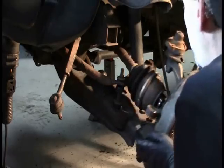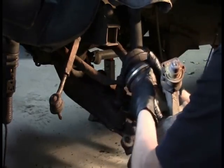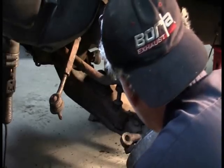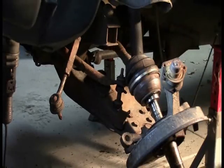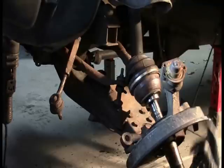All right, so now with both these ball joints loose, I can swing my CV axle out of the way, and I can access these bolts below for the lower ball joint now. Now, in doing that,